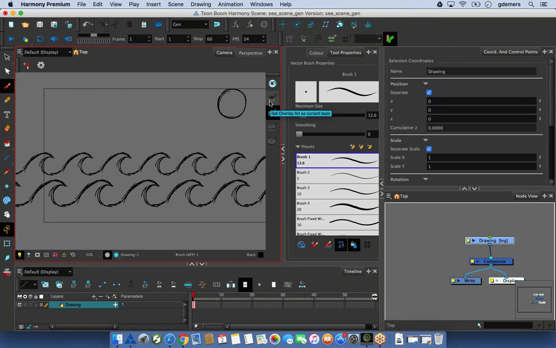The overlay is always what's closest to the camera, so what comes out on top of your camera view right here. The line art is the default setting for your drawing, so the wave and the sun at the moment are set to be on the line art. We have the color art, which is under the line art, and the underlay, which is exactly at the very bottom of this drawing. So this is essentially 4 layers inside our drawing cell that we have inside of our timeline right here,